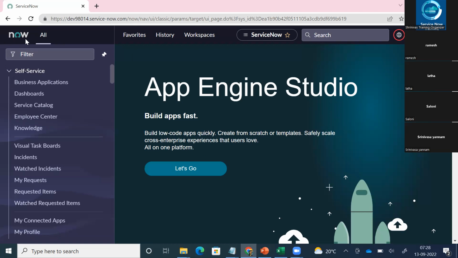Whenever we are doing the configuration and whatnot, the customization of the tool, ServiceNow doesn't handle it customer by customer.